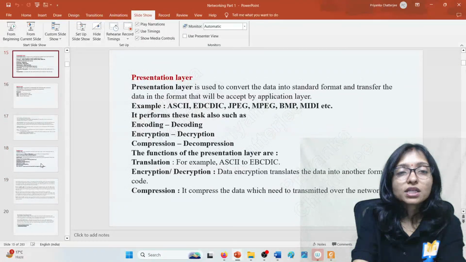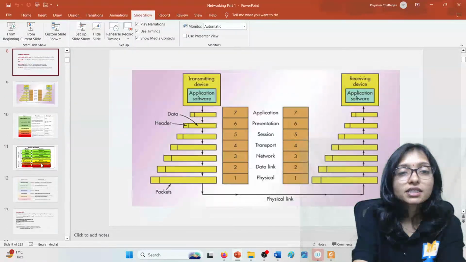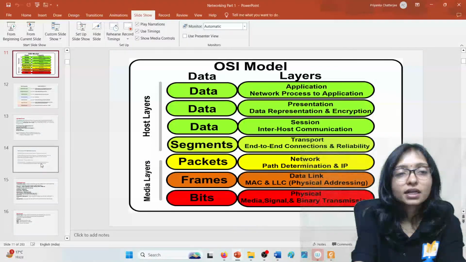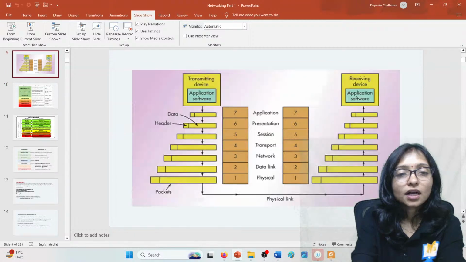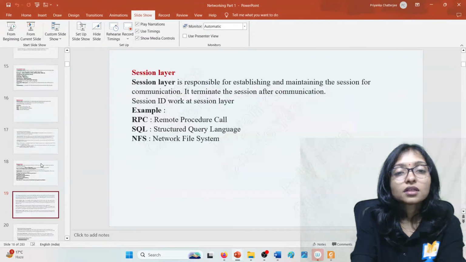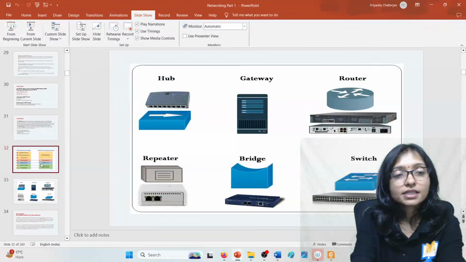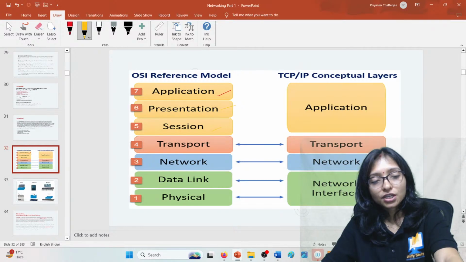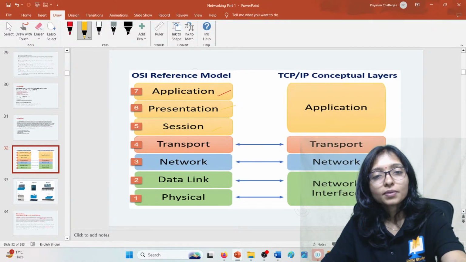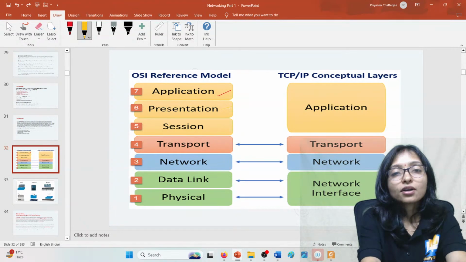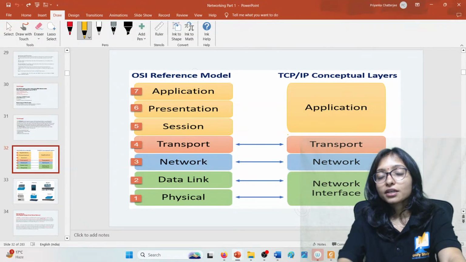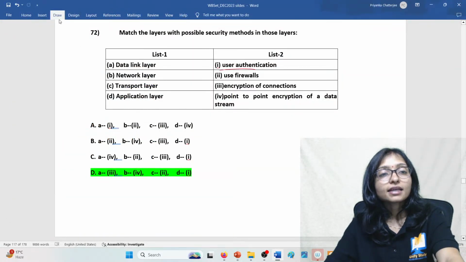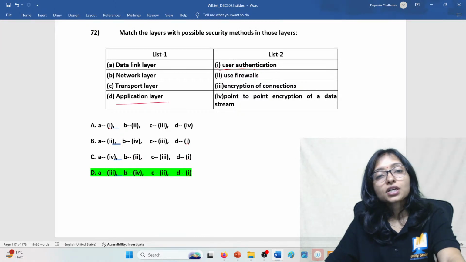If it is according to transport layer, there is a chance it can match, because in TCP, I am telling you, if we are matching OSI model with TCP/IP model, actually application, presentation and session, these are going on as application layer. That's why here in this question we can say that the application layer